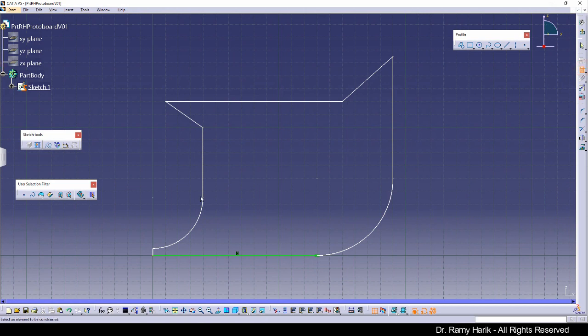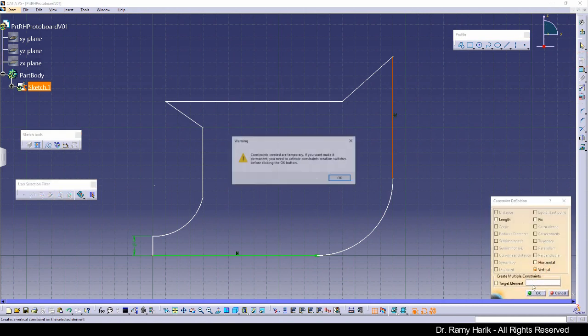We click one time. I'm going to select this one here, and I'm going to put a dimension. We know this one, based on the sketch, should be 15. I'm going to go ahead and put 15. Now, this one is supposed to be vertical, so I'm going to come here and select to make it vertical. Okay, so this is important